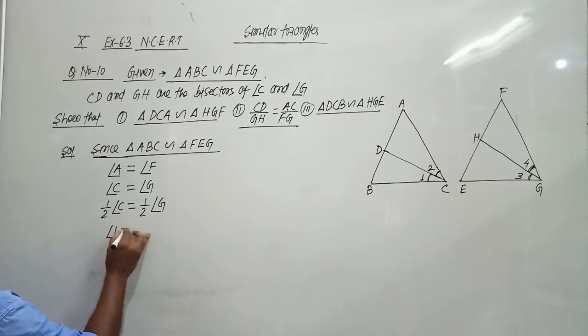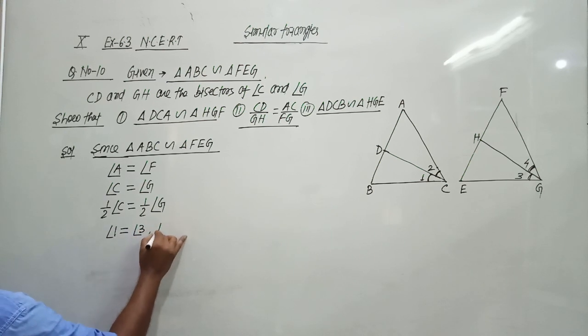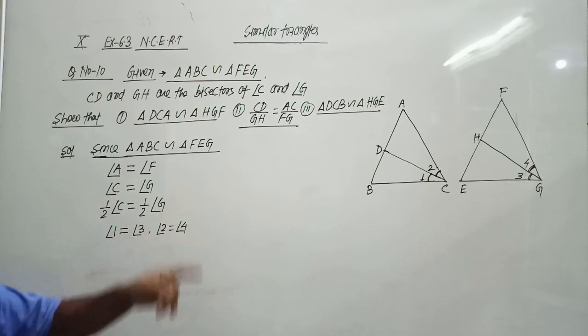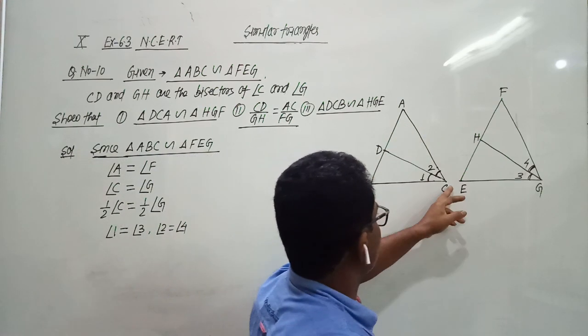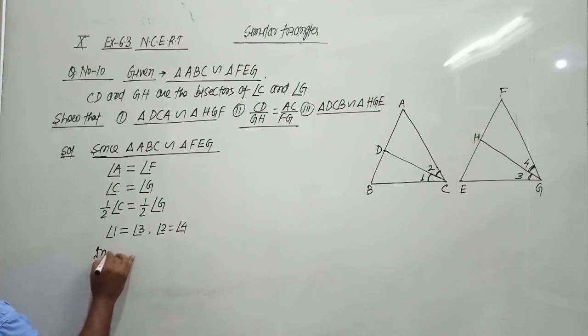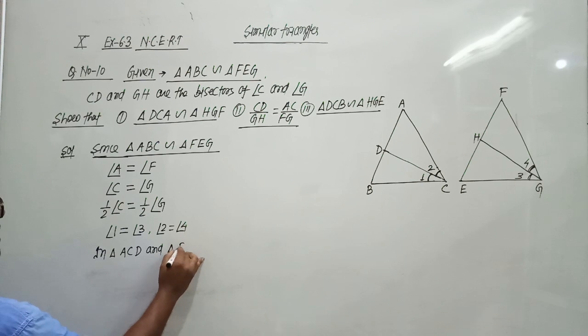So angle 1 equals angle 3 and angle 2 equals angle 4, because half of angle C equals half of angle G. Now, in triangle ACD and triangle FGH,